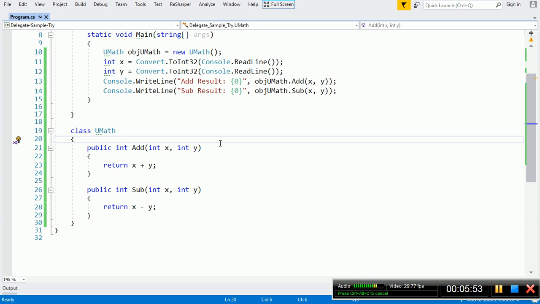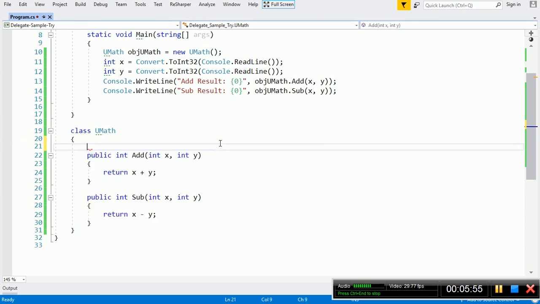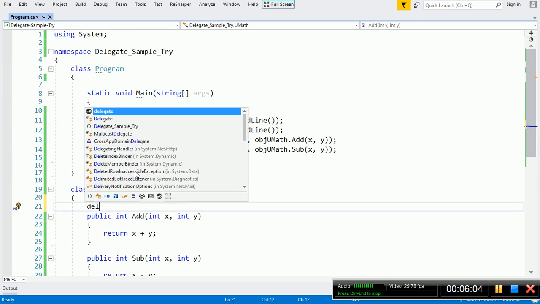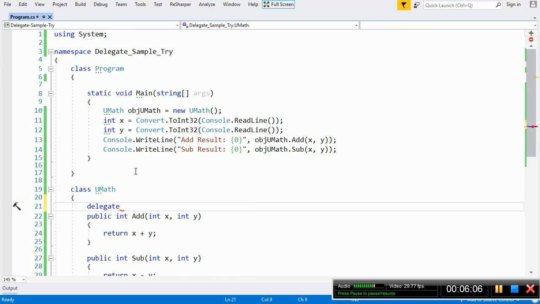Within this class we will create a new delegate. I will declare its access specifier as public, so that we can access this delegate. Public delegate, and then the signature of this function. Here the signature is: the function returns an integer and accepts two integers.